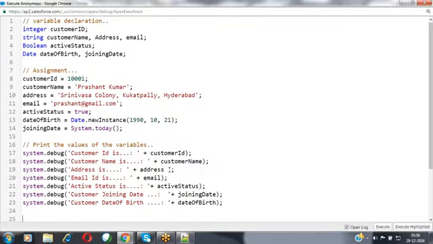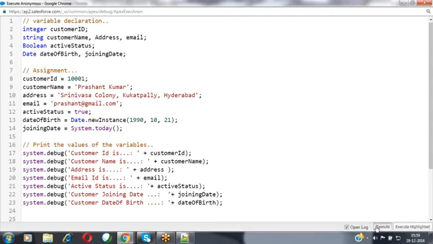So this is the way we are defining the variables, assigning the values, and then printing the values of those variables. Now let's execute this code. As of now, everybody should be comfortable with defining variables, data types, assigning values and printing values. In order to print values, we are using the System.debug method. In the debug method, we can directly print the value, or we can print the value along with some message, so that the user can understand clearly what exactly this value is. For that, we can use a string and append the value which you are going to print.